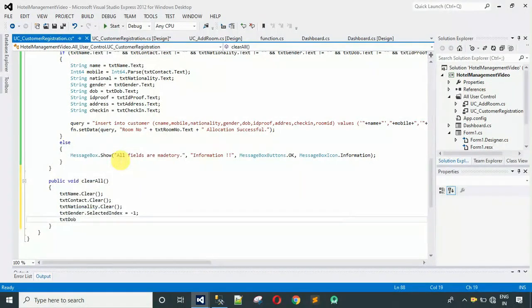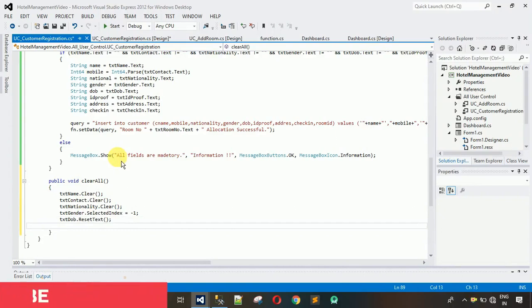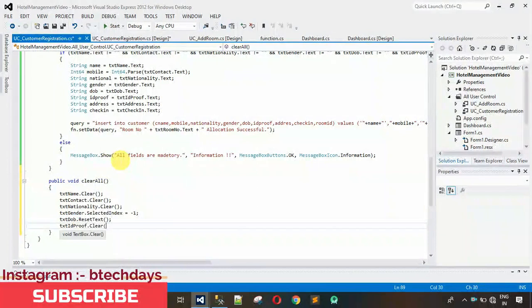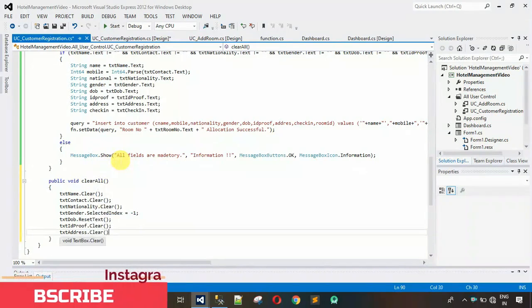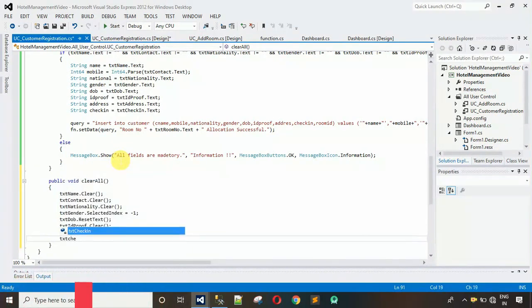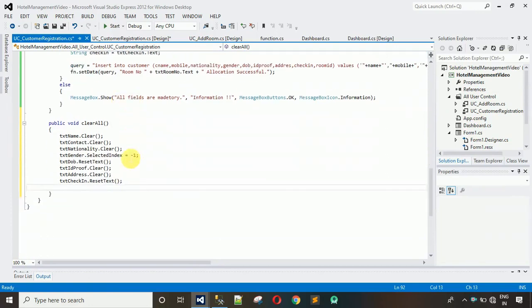txt dob dot reset text. This is a date time picker, so we cannot clear any text inside that. So what I want is, when I use the method reset text, the text is reset to today's date. Okay, so txt id proof dot clear, and after this we have txt address dot clear, and after this we have txt checkin dot reset text. Okay, after this we have txt bed dot selected